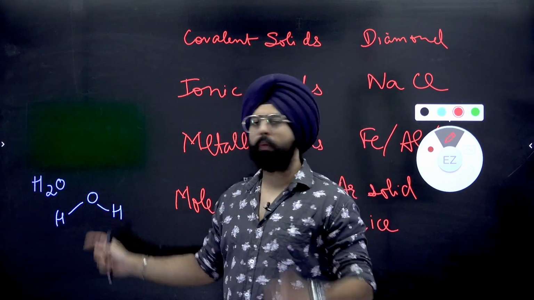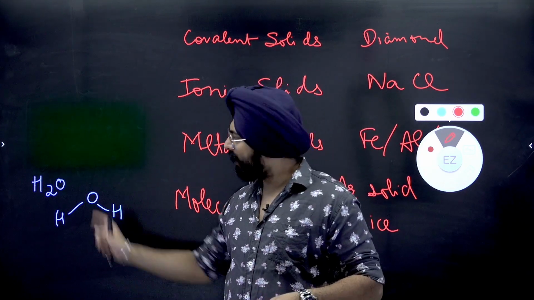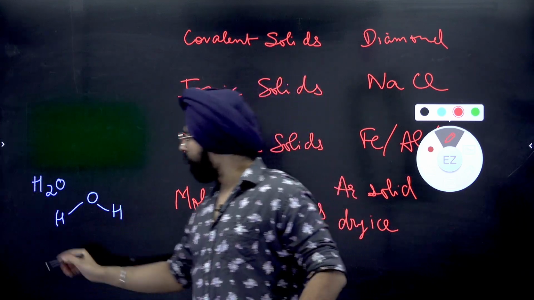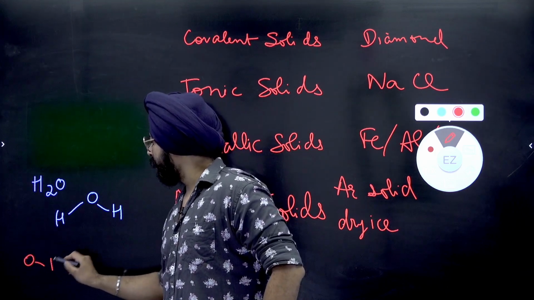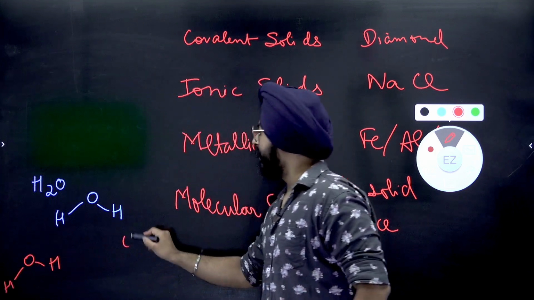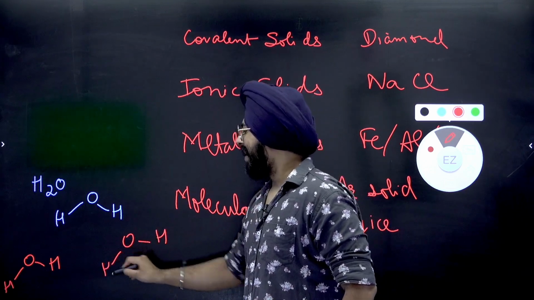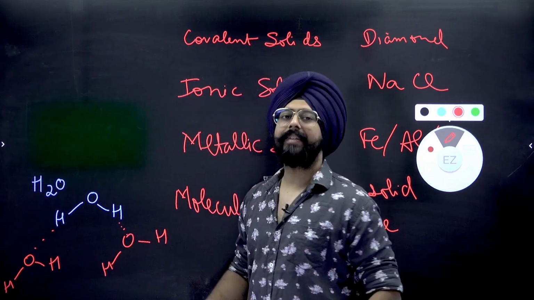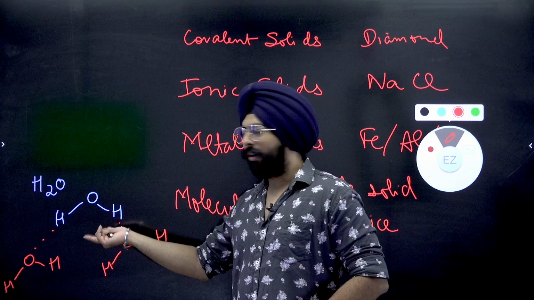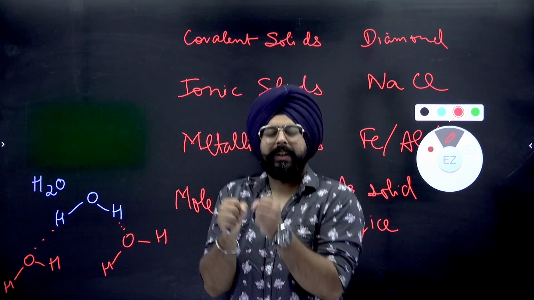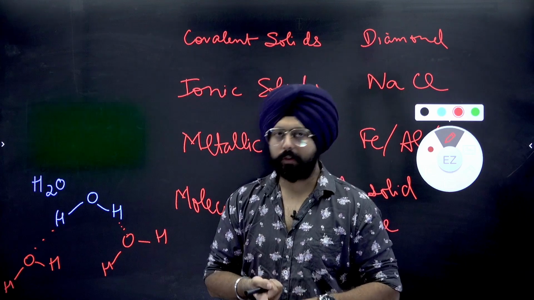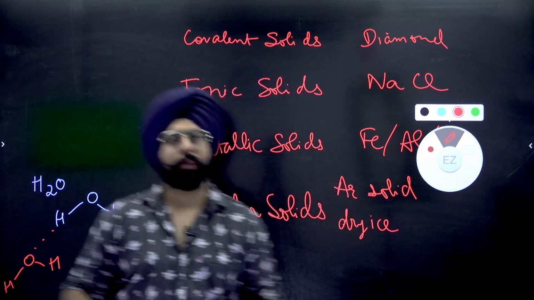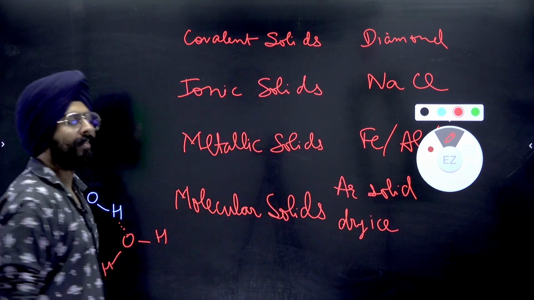See, this is just one molecule of water, right? The atoms of this molecule are held together with covalent bonds. That's fine. But when you talk about one molecule sitting close to another molecule when the temperature is cold, then my dear friends, the interaction between two molecules is hydrogen bonding. So when individual molecules are coming closer to each other and sitting together with the help of van der Waals forces or hydrogen bonding or dipole-dipole interactions or whatever, then my dear friends, we call them molecular solids.